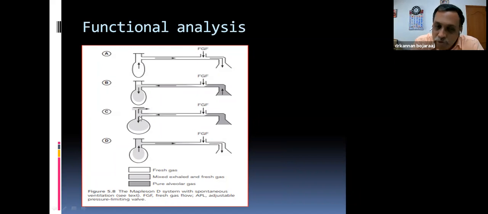And if the bag is filled, the pressure in the system is adequate enough to open the APL valve, and that is vented out. See this? This is the most important critical point. Everybody should understand this. The duration of the expiratory pause is most important to venting out the rebreathed gas, I mean the mixed